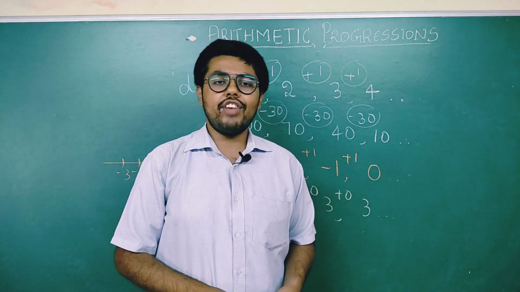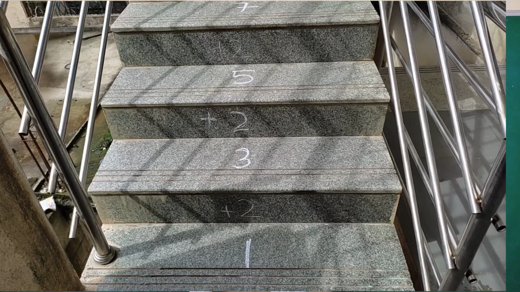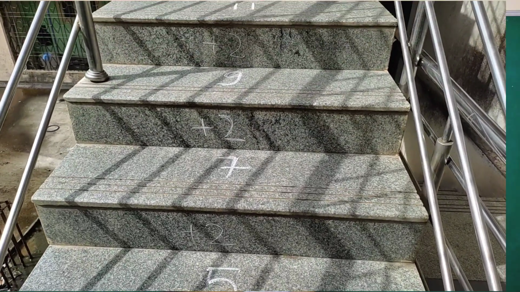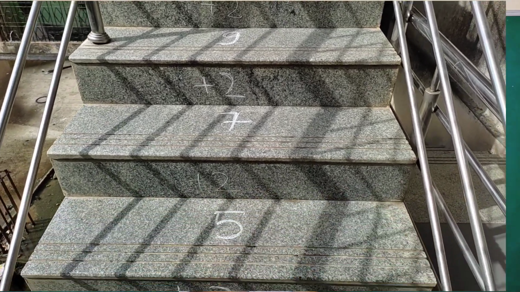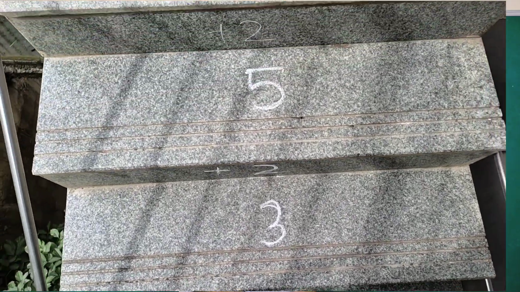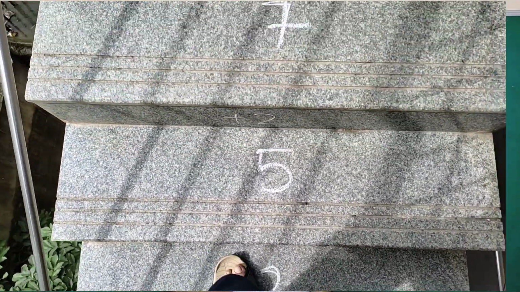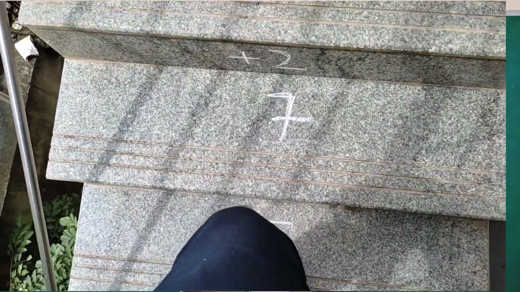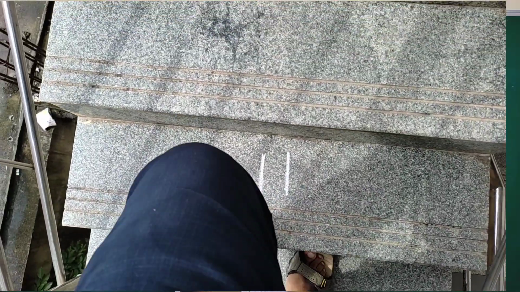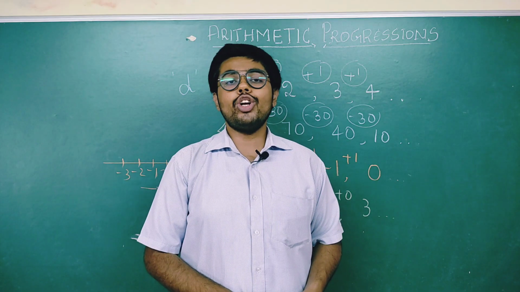Next, now I will run a video on my screen. Here I am climbing the stairs. First I have written the number 1, then I go to 3, then I go to 5, and I go to 7 and 9. If you see the height of each stair, I have written it as 2. You can consider it as 2 centimeters. So you are increasing 2, 2, 2, 2. So it is a growing AP, and your common difference is plus 2 because you are climbing the stairs.